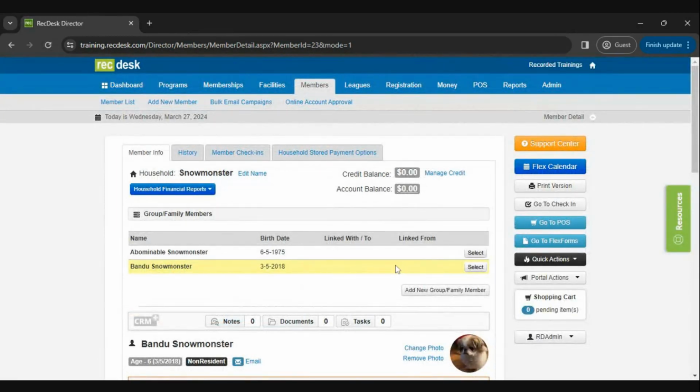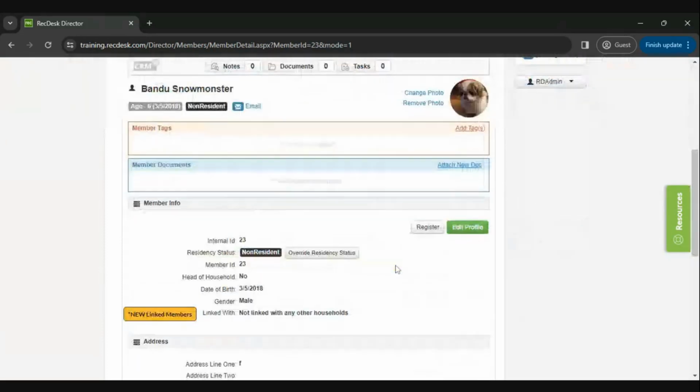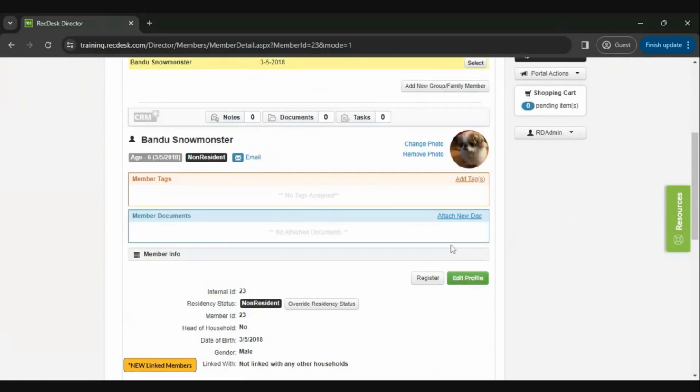And then I do want to point out, we did get a question of how do you use a text alert? I do want to point out on Bandu's account on Jen's screen really quick. Jen, if you could just highlight that email button up there next to non-resident for me. If they are set up for texting, you will also see a text button right there